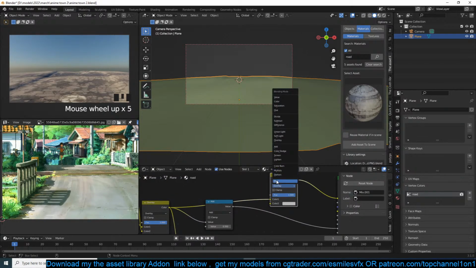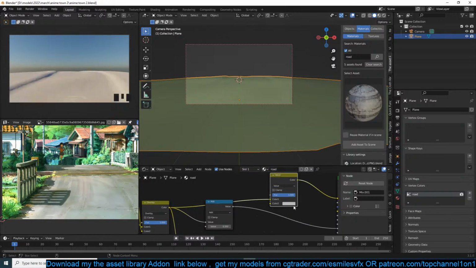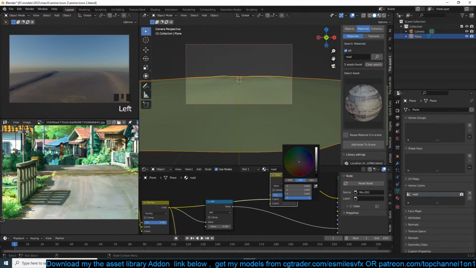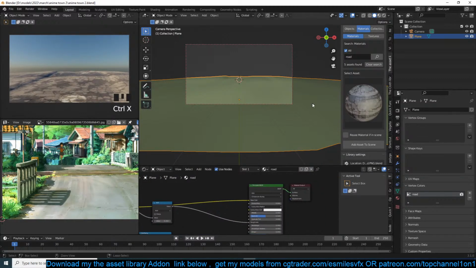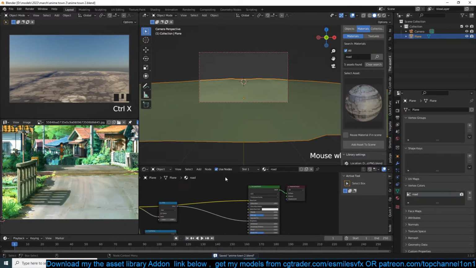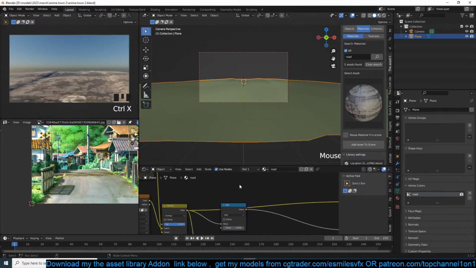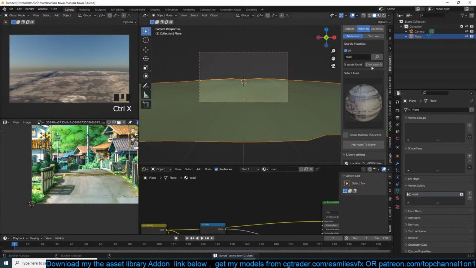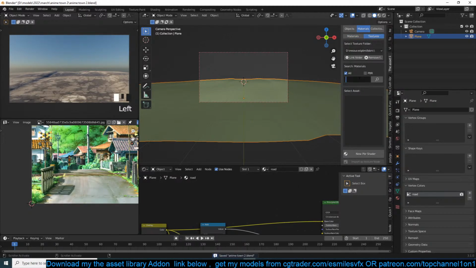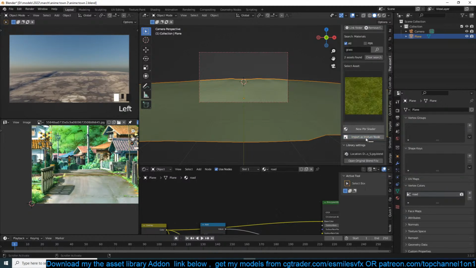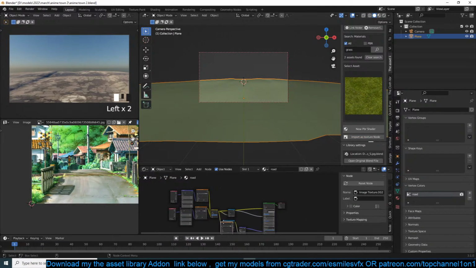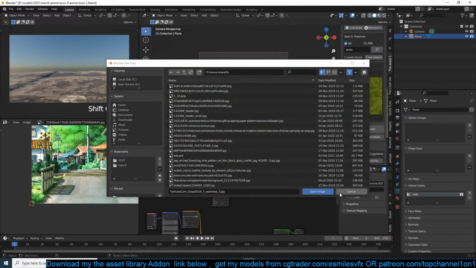It's going to use the value here to make this a bit... You know what? I think I'm just going to leave this like that. Okay, so let's also create parts where the grass is going to be. So I'm going to do, let me find some grass texture. Like this, import it in, and because we have